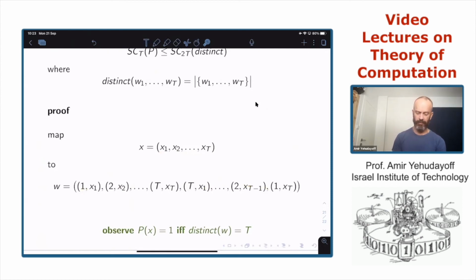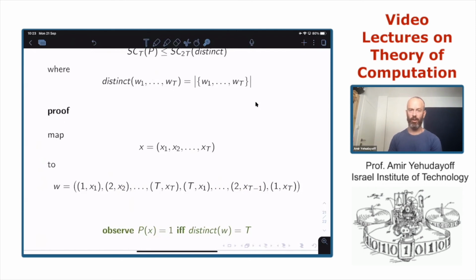So if x is a palindrome, then 1 x1 is equal to 1 xt. So this one and this one are the same, and this is true for all of them. So if x is a palindrome, the number of distinct things we see here is exactly t.